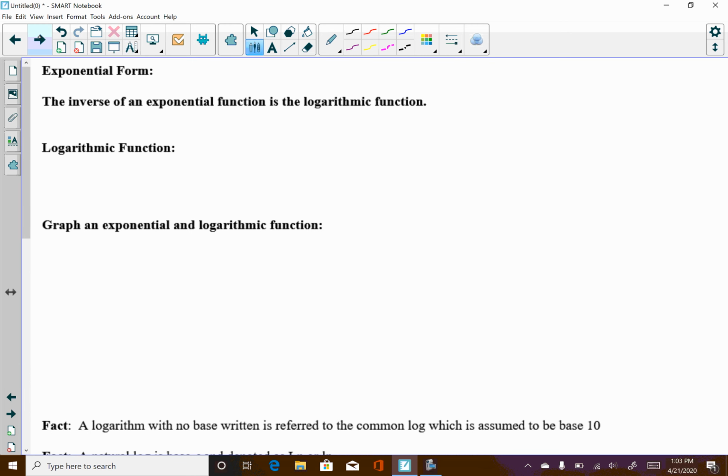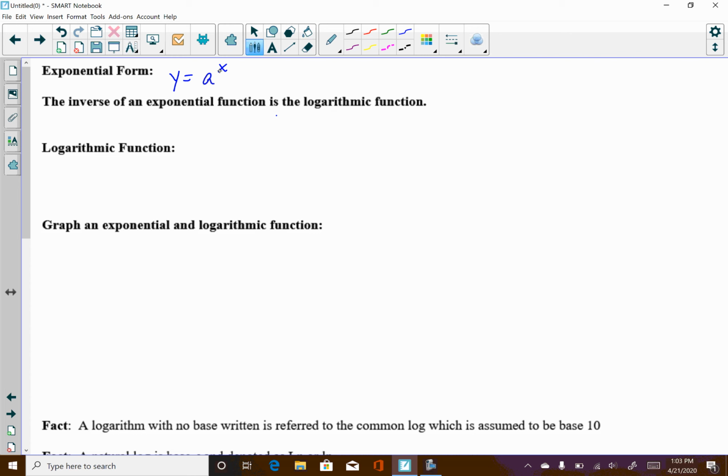And what do we have there? So at the top of the next page, we've talked about inverses before. Well, it just so happens that the logarithmic function is the inverse of the exponential function. So that will allow us to, what an exponential function is. It's of the form y equals a to the x, or some base raised to a